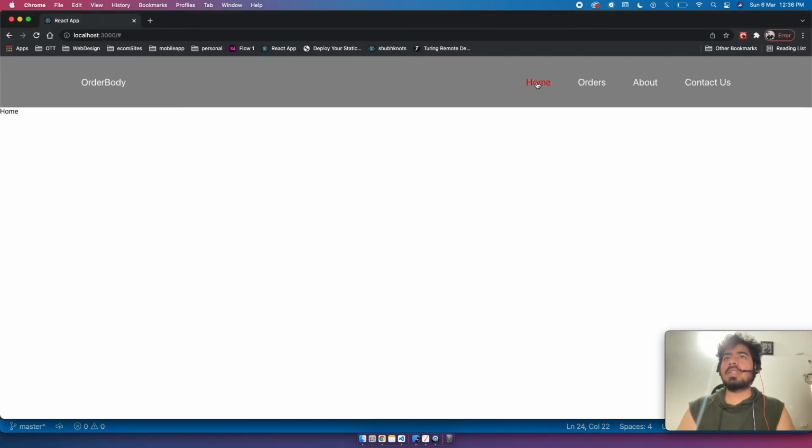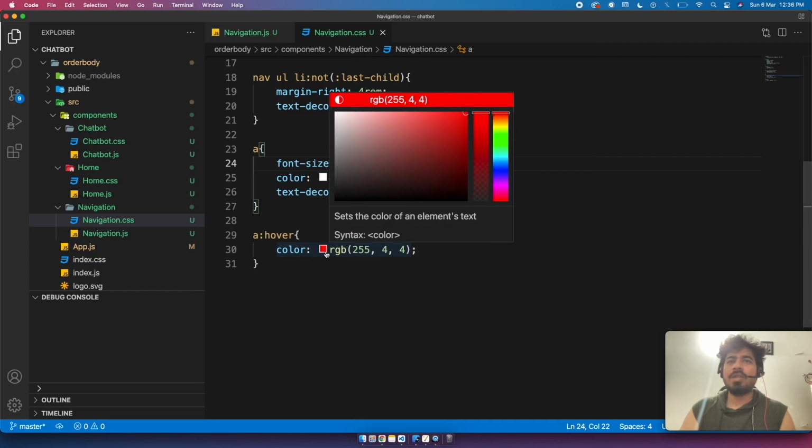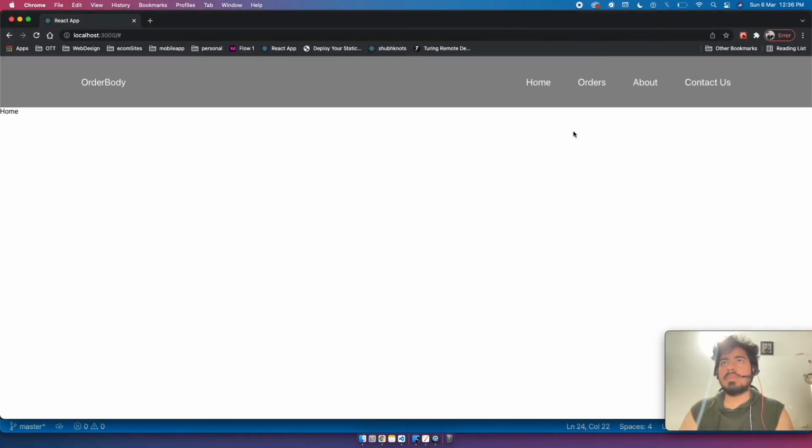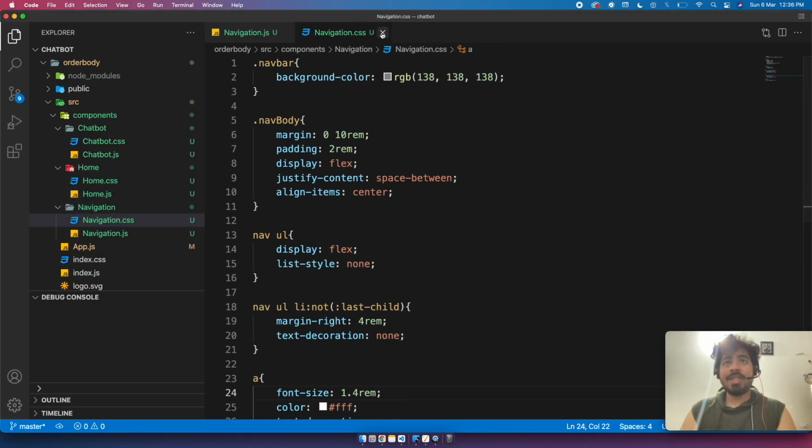ठीक है, तो it looks a little bigger। तो अभी ठीक है, मुझे यही चाहिए था, तो ये ठीक है। बस ये रेड कलर थोड़ा अच्छा नहीं लग रहा, तो let's make it brown black। तो ब्लैक कलर कर देते हैं। This looks good। तो ये हो गया, तो हमारा नेविगेशन बार हो गया रेडी।